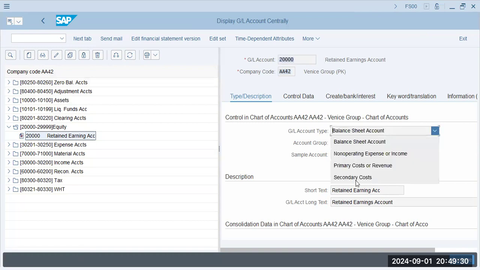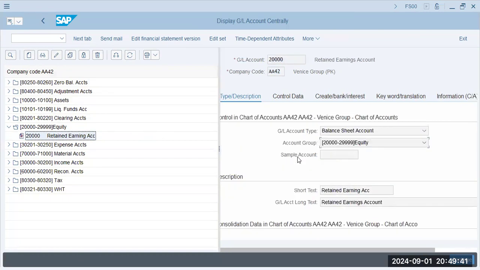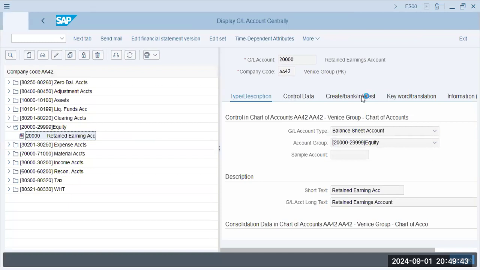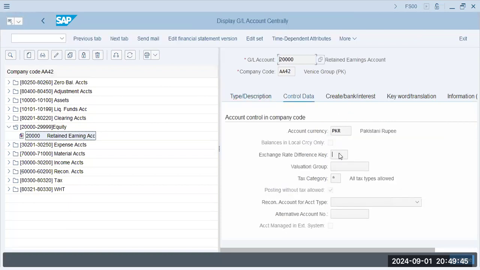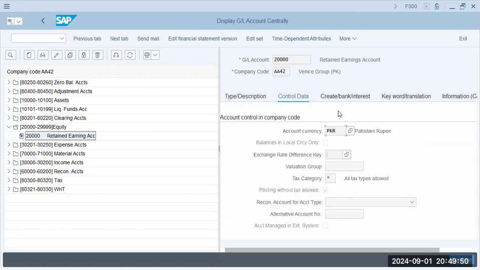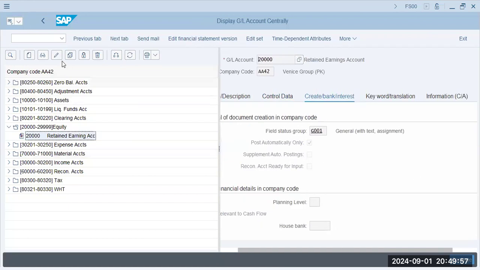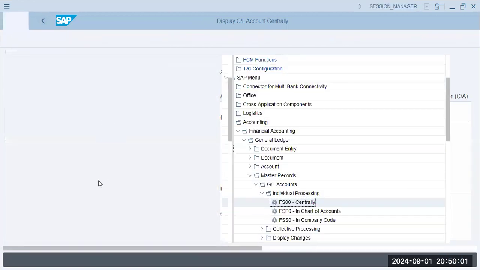And we have denominations and categories in GL accounts, and account groups is what is basically defined over here. Then we have some controls that SAP allows us to give to the GL accounts, how we want GL accounts to behave and operate. The behavior is, of course, decided from these settings and configuration. Once we are done with this, then we'll go for